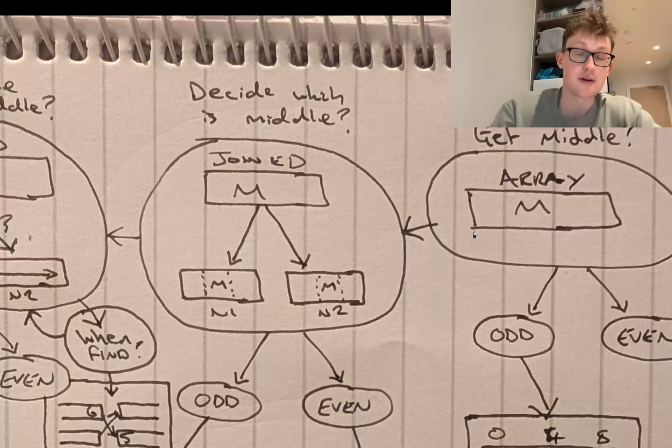And now we could start hoping to attempt breaking down the massive problem, which is the extra step now of also finding and deciding which is the middle. So now we know how to get the median. We know how to pick the median once we're definitely there. How do we know if we're there? When do we need to find? This is another problem: when do we need to go look for the middle?